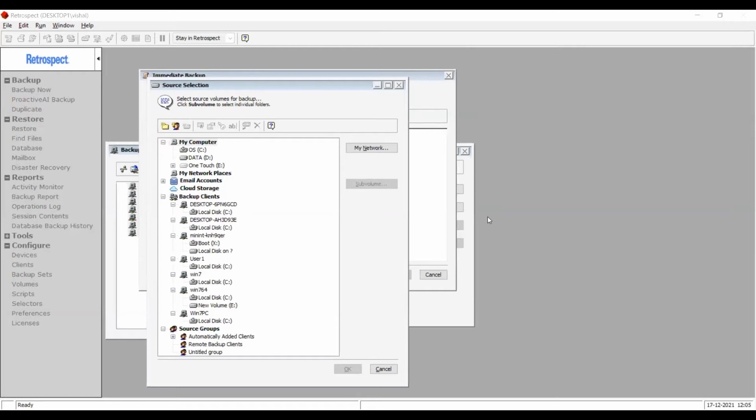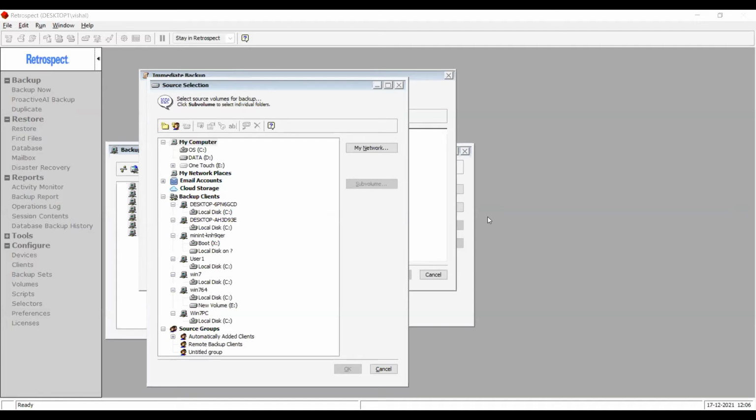There should be an article in the knowledge base section on that. But directly we do not support that. In the same way, you can protect several other databases. You will be using the internal utility to export the database into a flat file, and then RetroSec can be used for keeping a backup of that file.